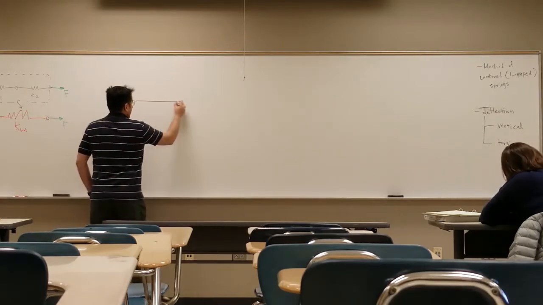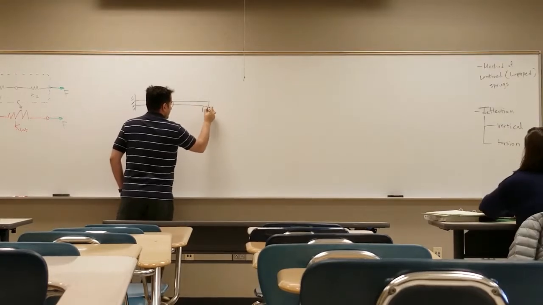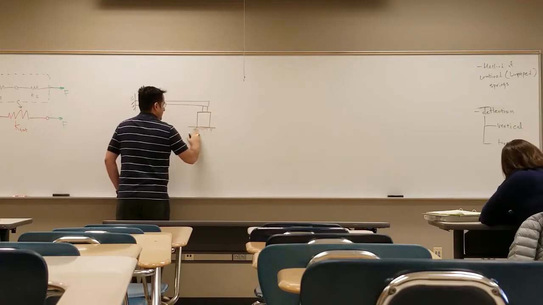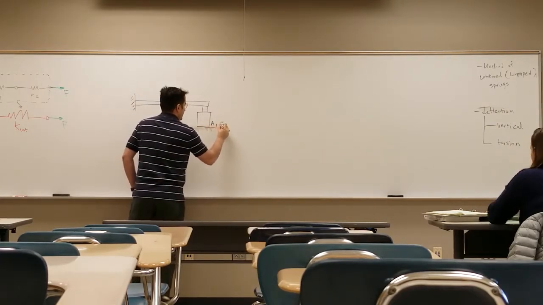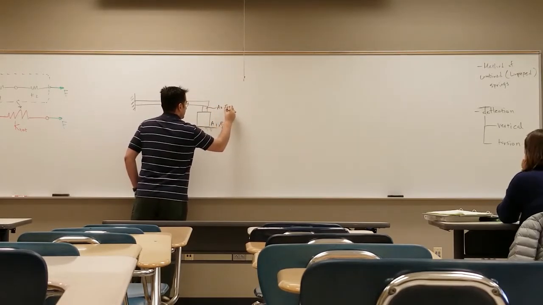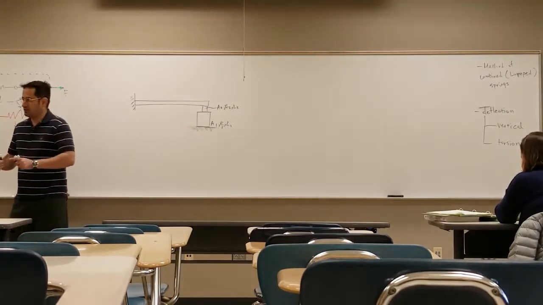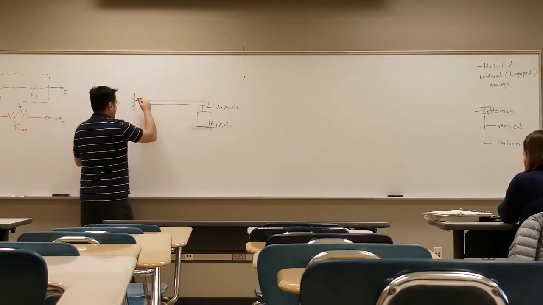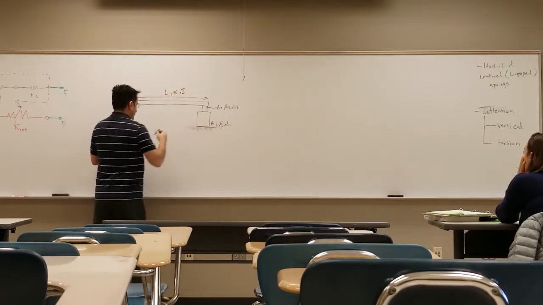Problem. I draw the beam that was fixed to the wall and I put it on two bars. Let's say this one has A1, B1, L1. This one is A2, B2, L2. Each one has a different length, cross-sectional area, and material property. And they are fixed at the end of this beam that has length L, E, and cross-sectional moment of inertia